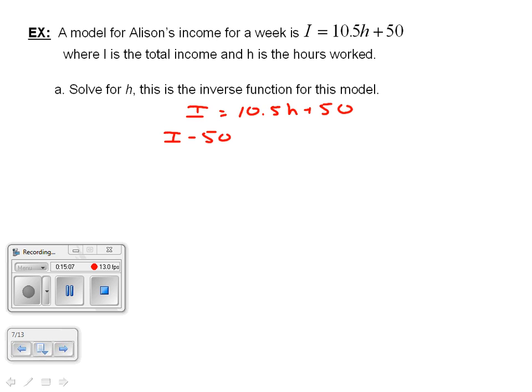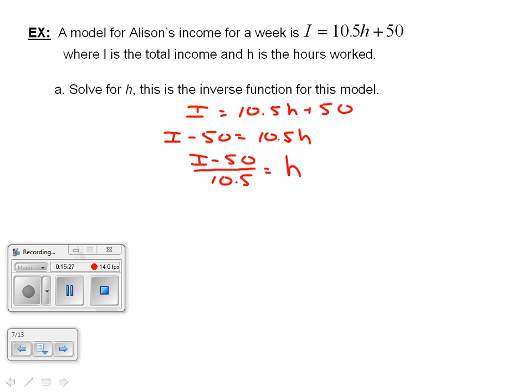And then I can divide by 10.5, and I can say my income minus 50 over 10.5. That's my equation solved for the number of hours. So if you think about this, if you have the number of hours worked, you probably want to put that into your